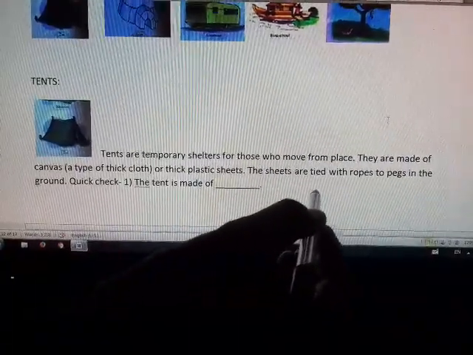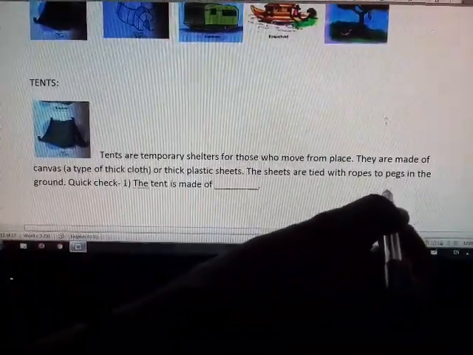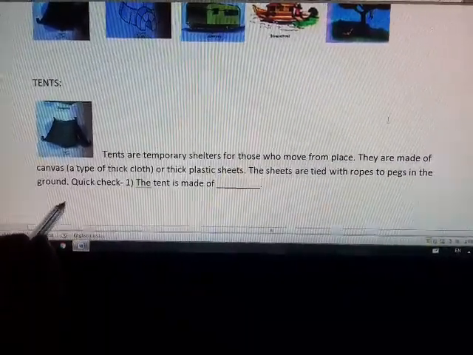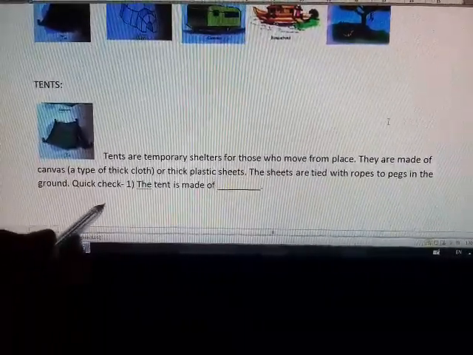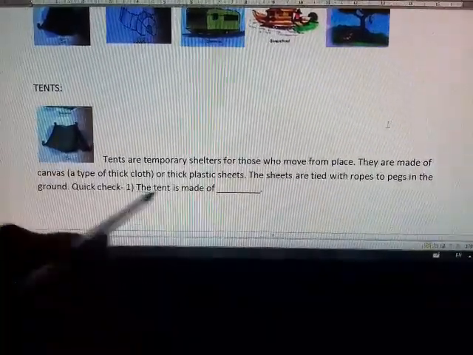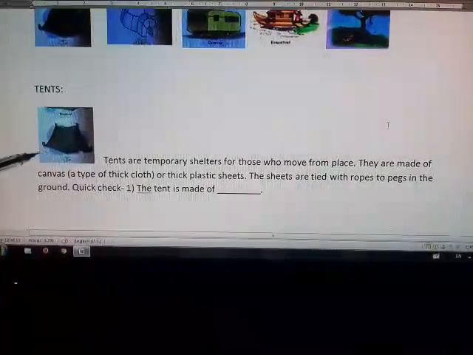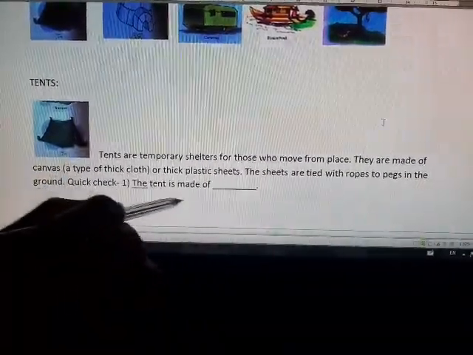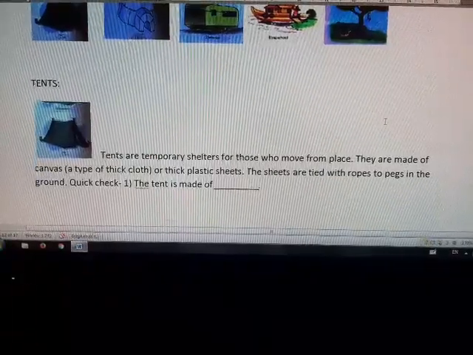The sheets are tied with ropes to pegs in the ground. Now let's quick check. The tent is made of blank. What is the answer? Yes, the tent is made of canvas.